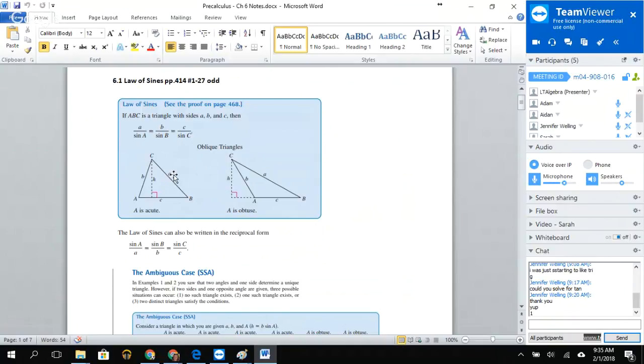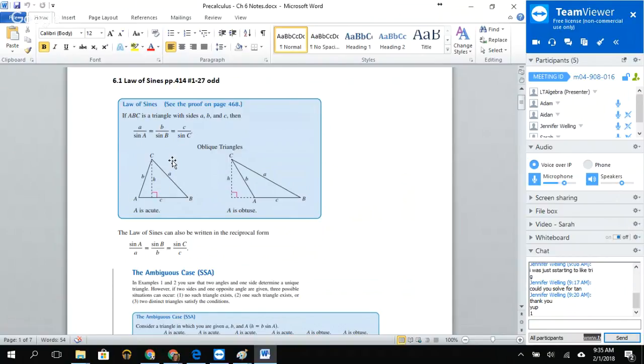So you can see there are two triangles here. They have an acute triangle. Remember, acute just means that all the angles are less than 90 degrees. And you can see that they've drawn the hypotenuse here. And we can go back and you can look at the proof, how they used all the information that we had in the last two chapters to kind of prove this. But basically,